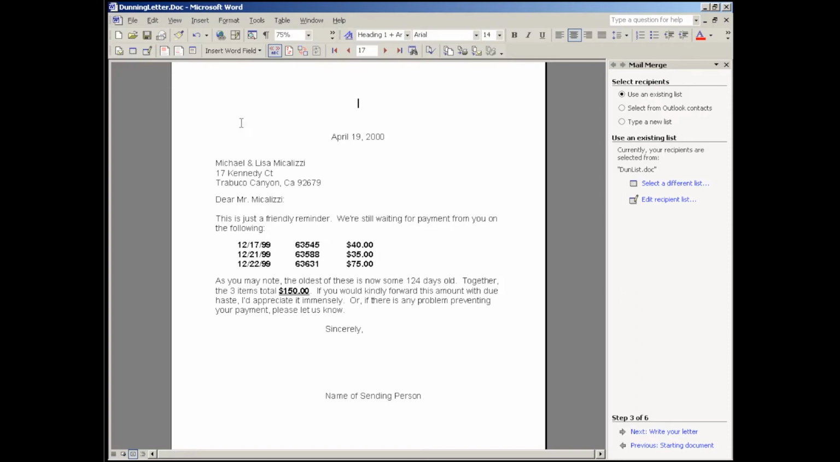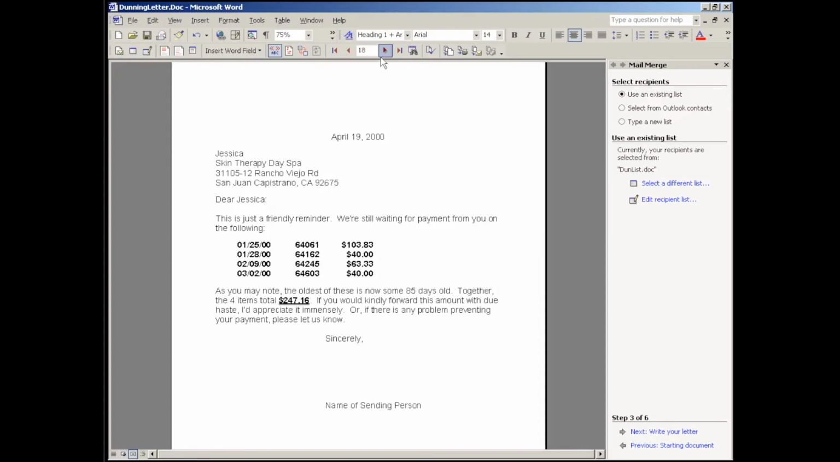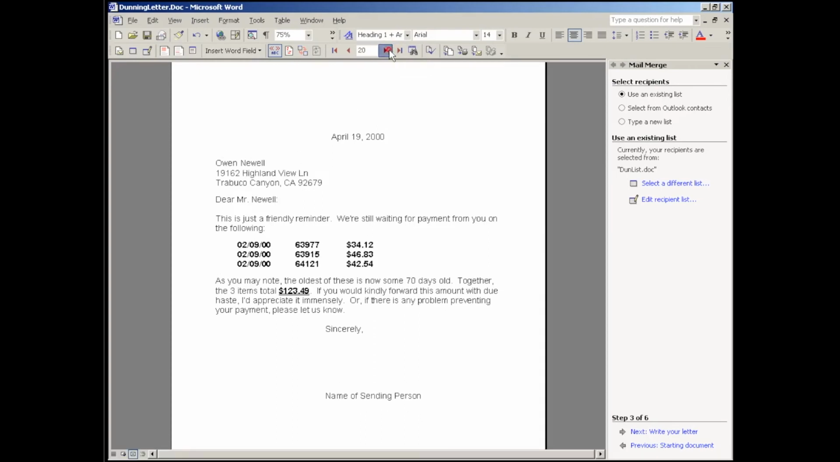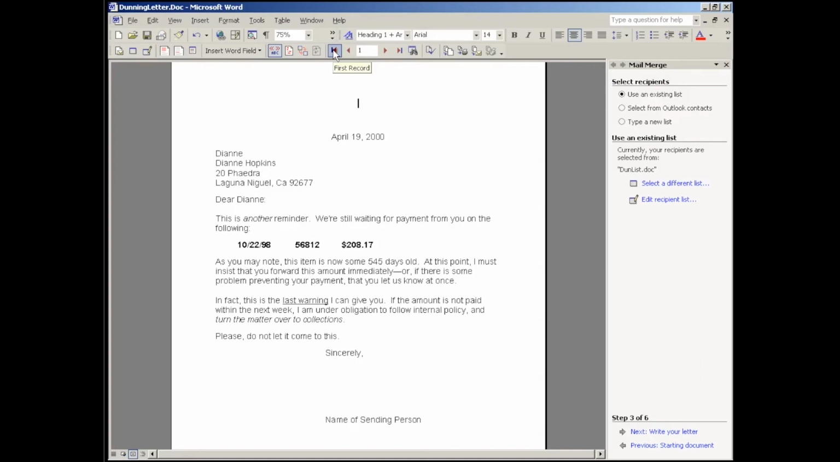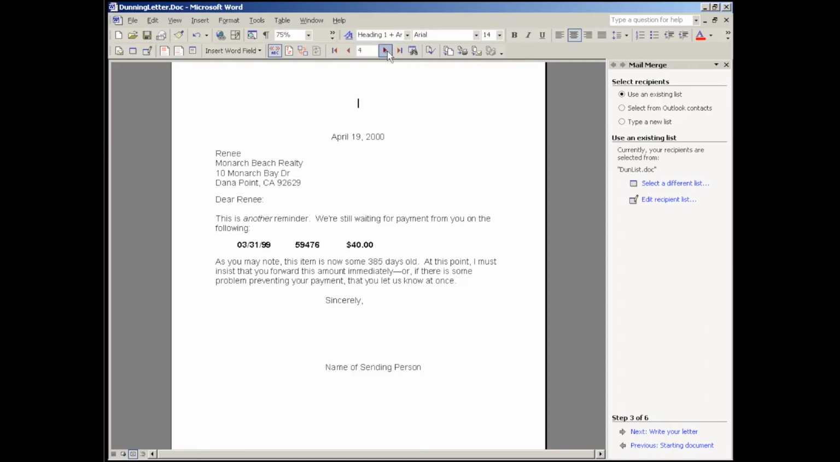The master document that we've created here, by the way, for the mail merge context, is set up so that it will list multiple receivables like this if they're multiples, or just a single if it's a single, and print them as such. Wow, that person has a lot. And show this kind of information. And the letter gets increasingly strident depending on how many previous reminders have been sent. In fact, this oldest item here, you can say, as you may note, this item is now 545 days old. Ooh, at this point I must insist that in a realistic scenario, of course, you would never let them get that old. But anyway, in fact, this is the last warning I can give you. If the amount is not paid within the next week, I'm under obligation to follow internal policy and turn the matter over to collections. So anyway, they get increasingly strident as time goes by,